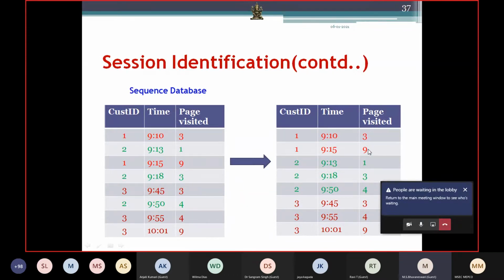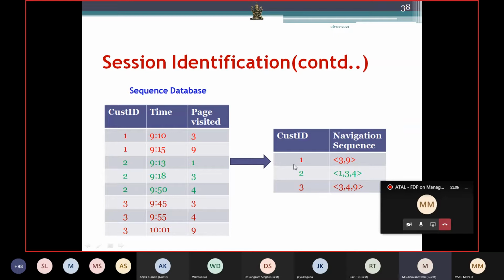If there is a link between 3 and 9, it will be put in a single session. If 1 is having a link to 3, they will be put in a single session. If there is a link between 3 and 4, they will also be put under the same session. Similarly here also. So now you can see an approach here. In this example, I have checked whether there is any link between the users or pages or not.